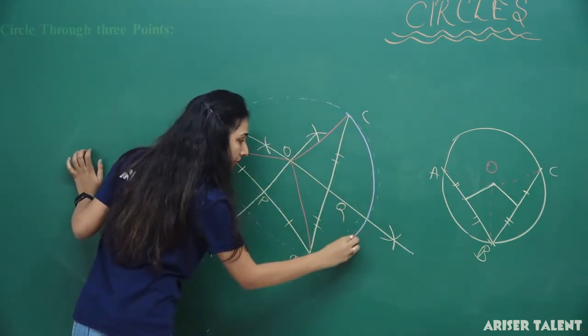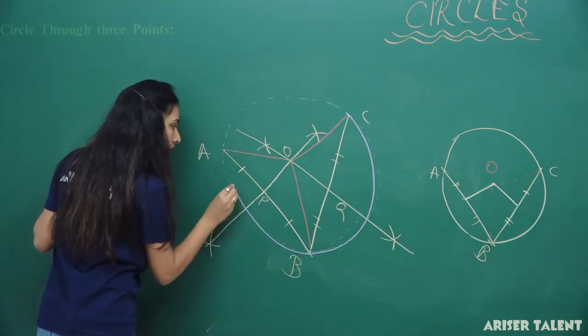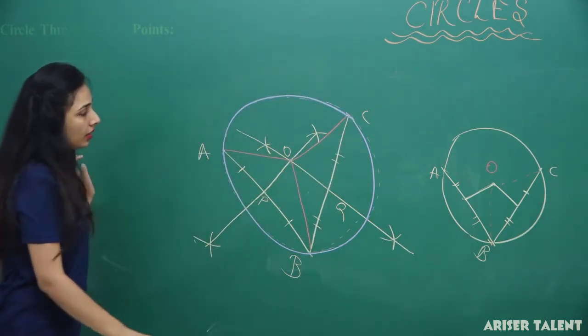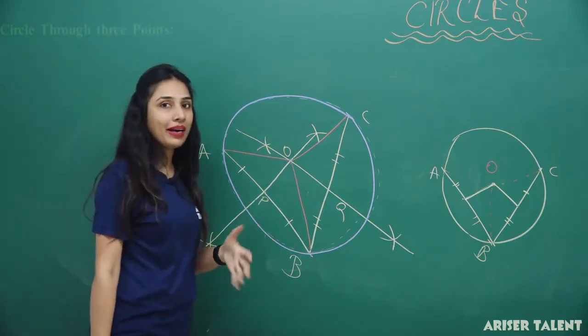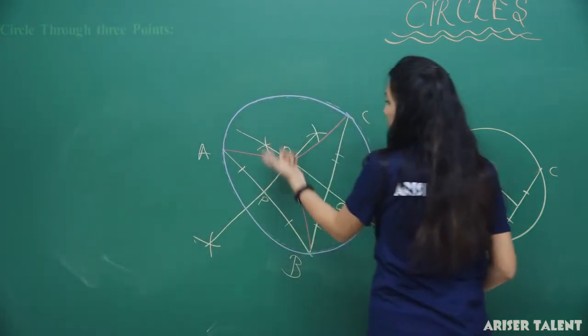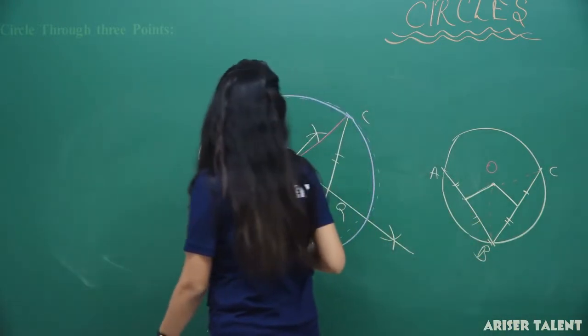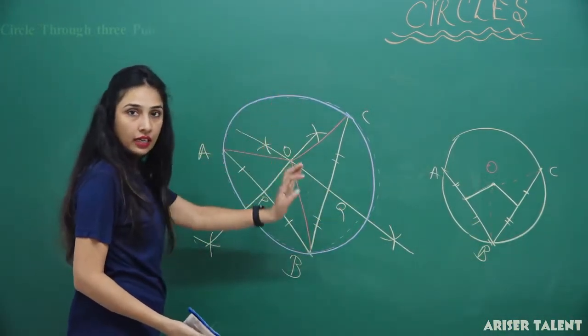So that will be your circle. I have told you just roughly, you can definitely do it with your geometry box. So this is how you will make a circle for that, okay, note it. Now if I talk about the construction of it,